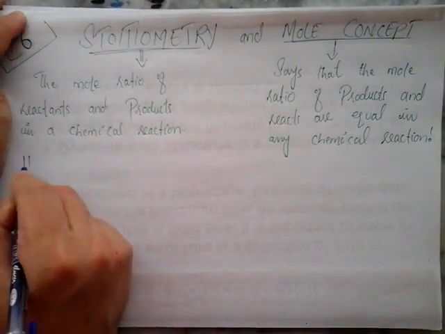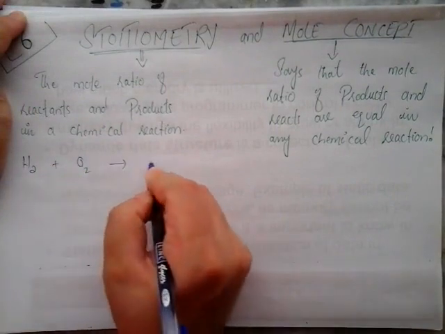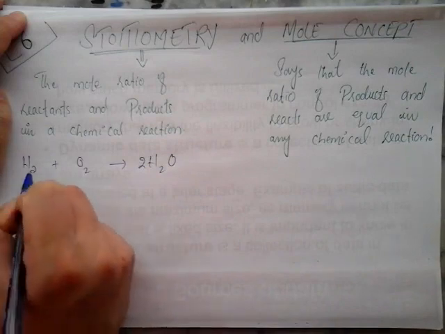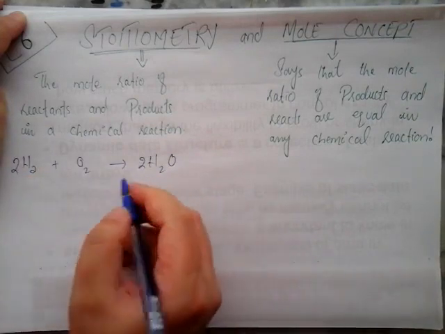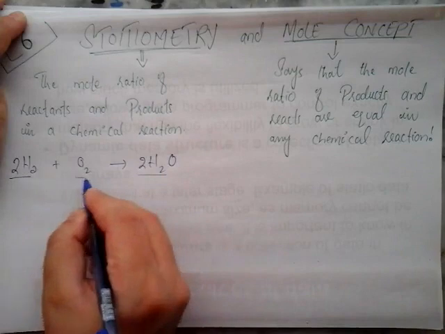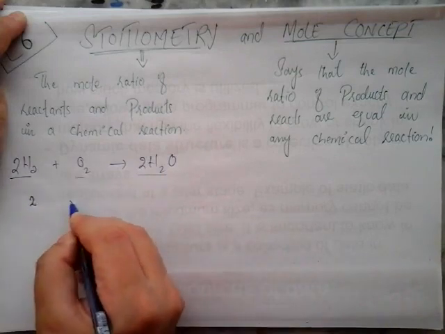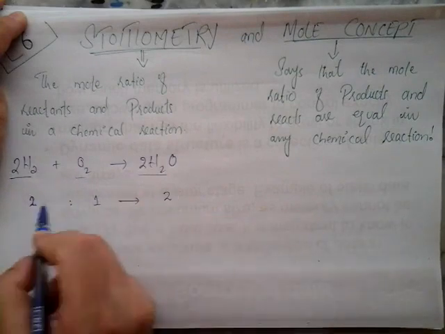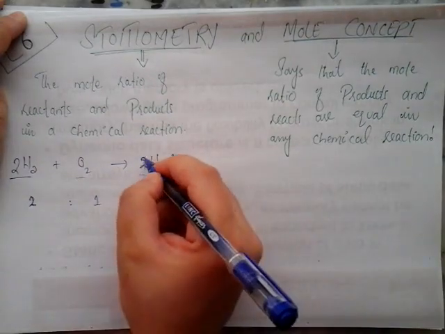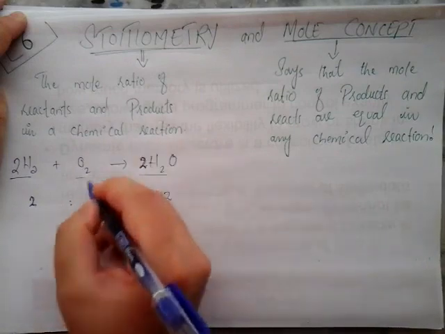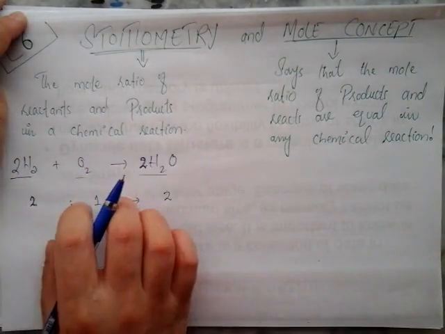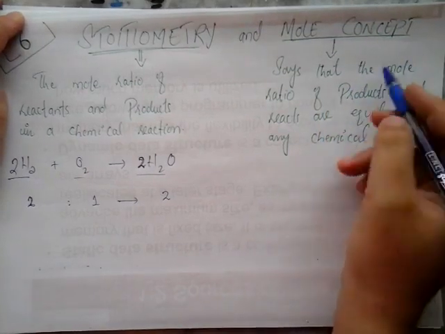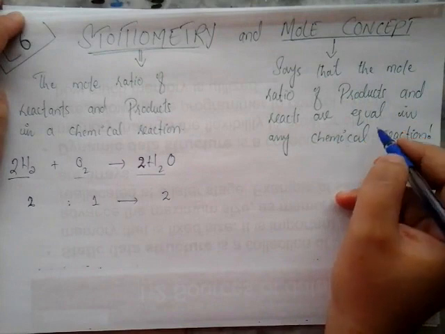The mole ratio, okay, hydrogen plus oxygen react with 2 molecules of water. So you can see over here the mole ratio of the reactants and the products. Here the mole ratio is 2 to 1 to 2. When we write this coefficient, this represents the mole ratio of the reactants as well as the products. On the other hand, the mole concept,